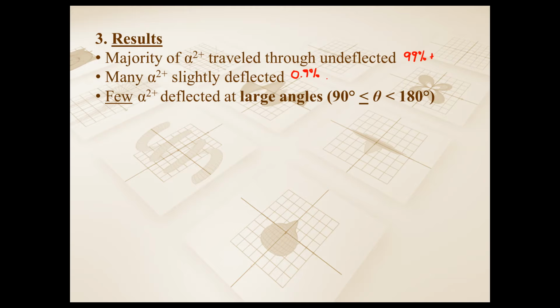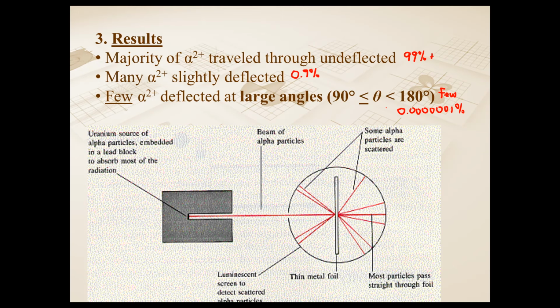However, there's a few of them that not only get deflected, they actually get reflected. They get sent back. Now, there are barely any that do this. Maybe 0.0000001% of them actually get reflected back. I might be doing a slight exaggeration, but there are very few of them that do get reflected back at this huge angle. In fact, if we fired the alpha particles at the gold screen, so this is Au,